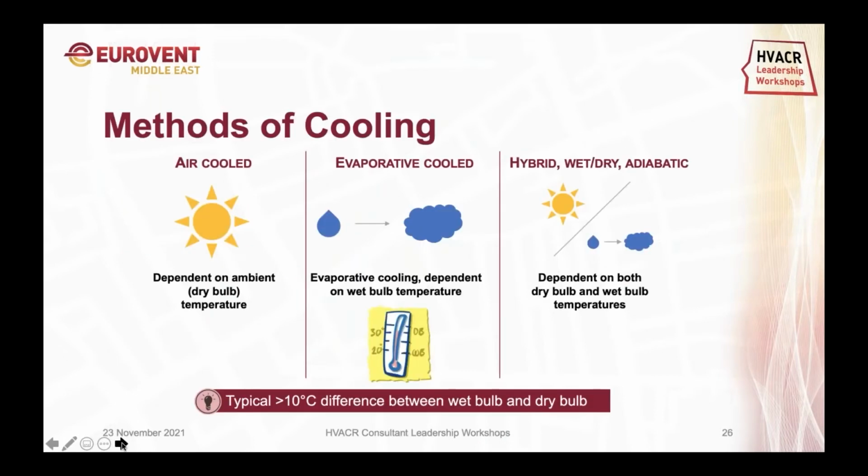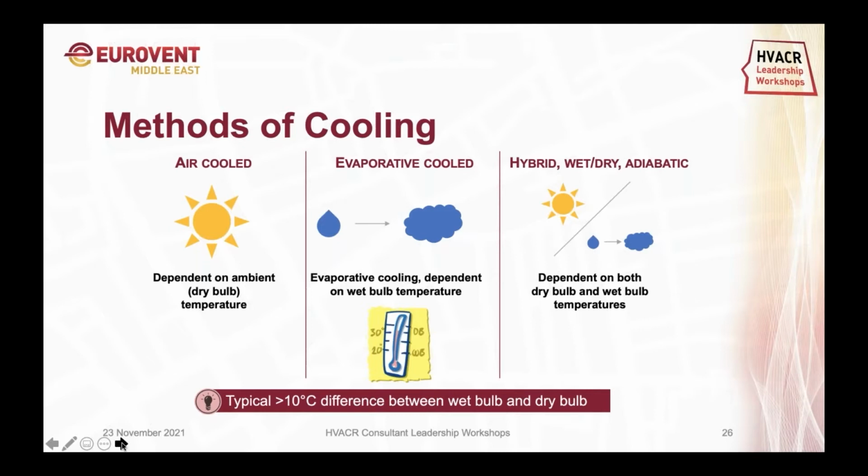So there are various methods of cooling which are available. As Shukri mentioned before, we can have air cooled way of rejecting the heat to the atmosphere. That means the heat is being rejected to the atmosphere using the ambient dry bulb temperature. And the alternate method, which I gave an introduction, which can bring down the temperature even lower than the dry bulb temperature, is called the evaporative cooled method. And also we call it the water cooled method.